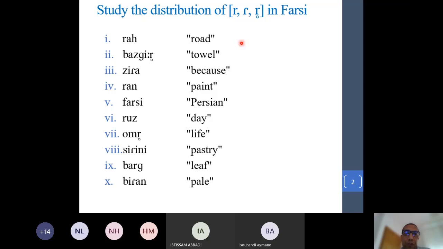You should first understand that these three sounds have different manners of articulation. They seem to have the same place of articulation, that is dental or alveolar, but they have different manners